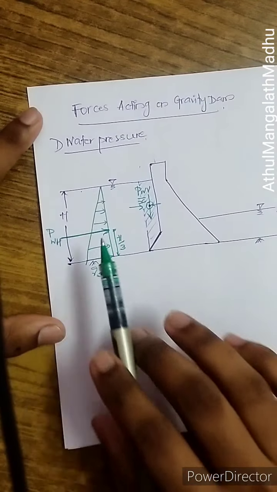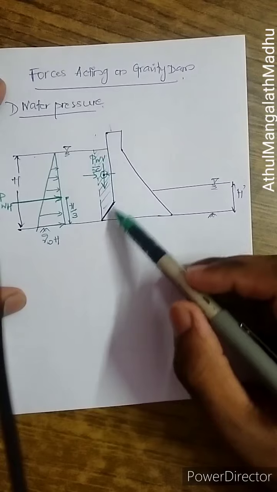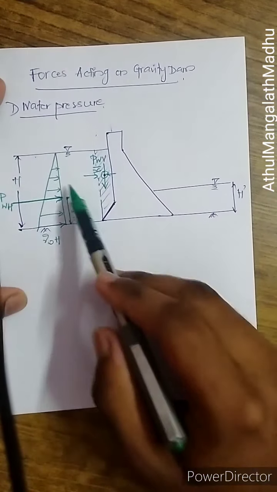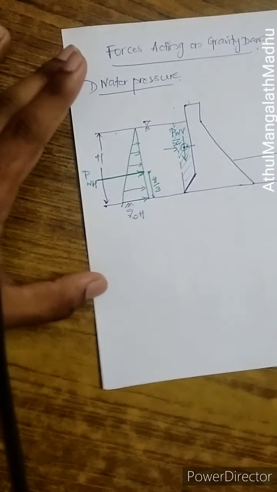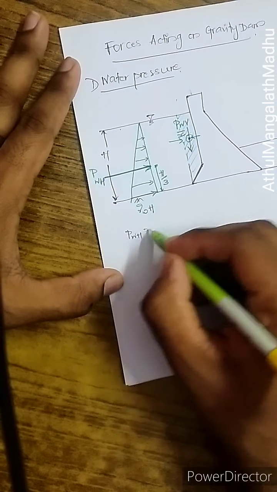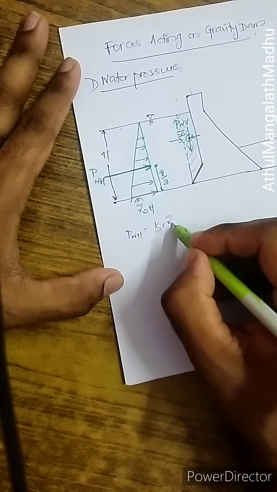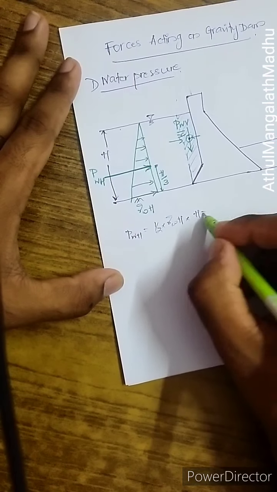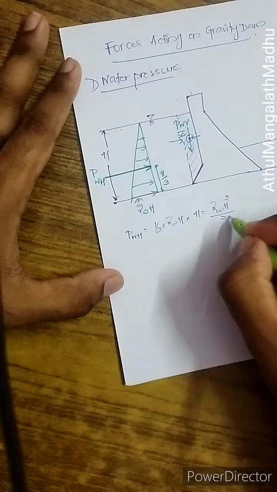So this is how you find the water pressure on the upstream side, and this vertical force comes only if you have an inclined surface here. If it is completely vertical, you only have this horizontal force. So you have horizontal force as well as vertical force. And if I write, this horizontal force will be the area of this, half into base gamma W into H, into height H. So that is gamma W into H square by 2.